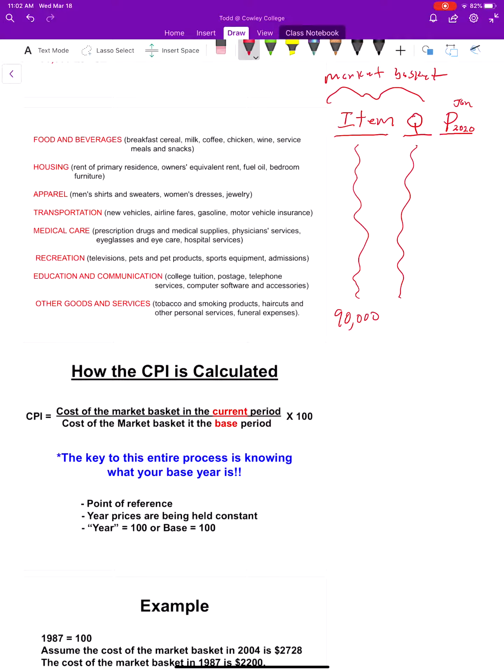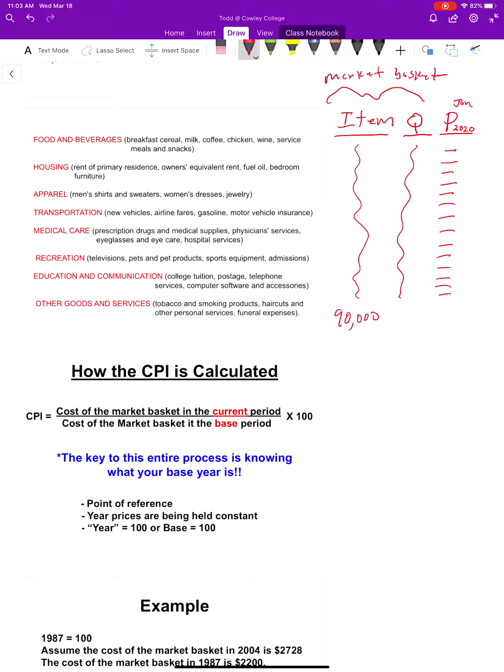So what they will do is they will send representatives throughout the entire United States. They'll go into grocery stores, they'll go into box stores, like Dillon's and Walmart, Home Depot and Lowe's and places like that,